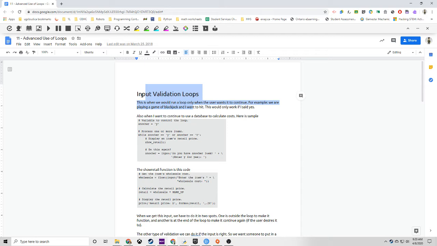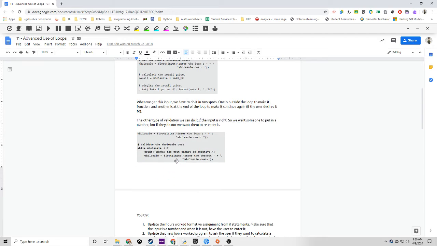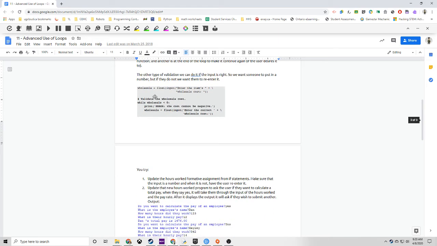it's actually asking for input, which we've done. So that's why this one we're not really going to cover too much today, because we've been doing this all the time. And same with this little piece of code, the only validation that is done differently is that if someone puts in a number that's wrong, it actually prints an error and then